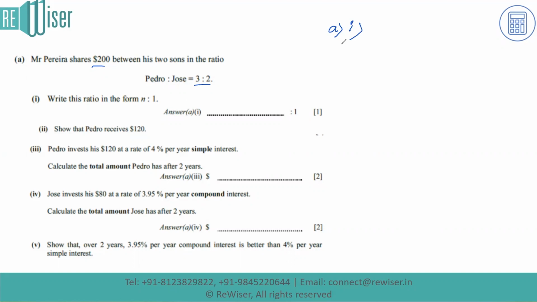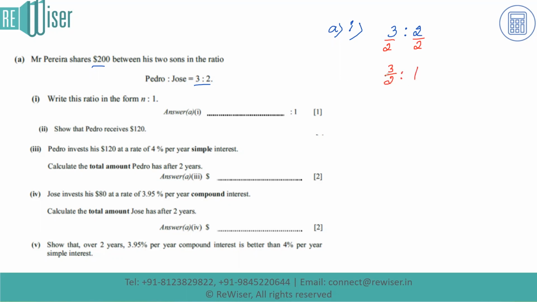n:1. So whenever it's a ratio, it's similar to a division thing. So if I have 3:2, I can divide both the sides by 2. So when I do this, it's going to be 3/2, the ratio is just 2/2. So that's going to give us